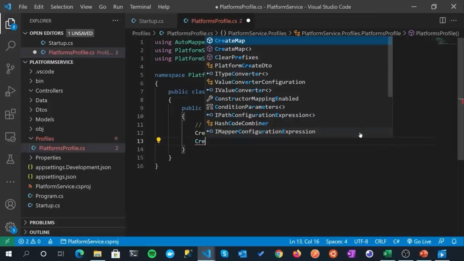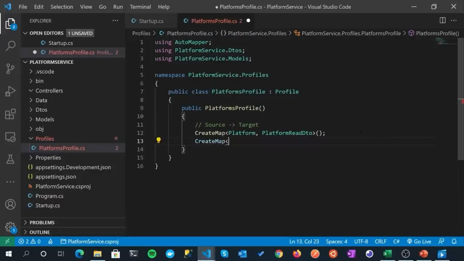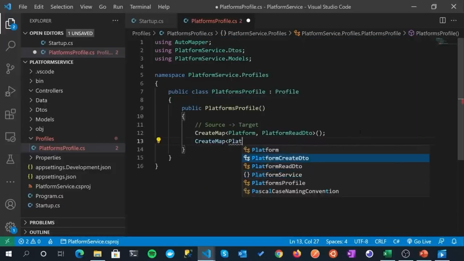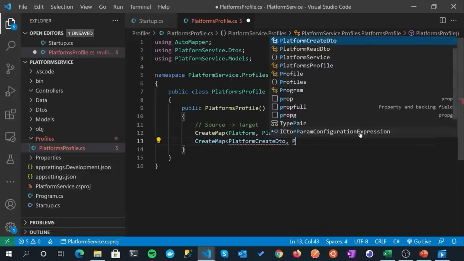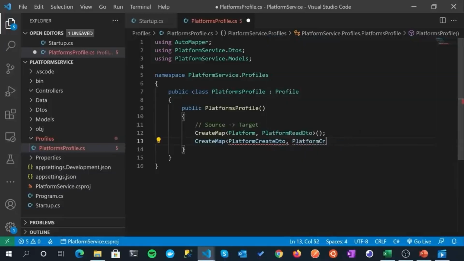Okay, so CreateMap once again, and our source this time is a PlatformCreateDto and the target is a Platform. Make sure we get that correct. All right, and that's it for now. We will add more mappings in here with some rules as well, actually, but for now, that's all we need to service our current scenarios.